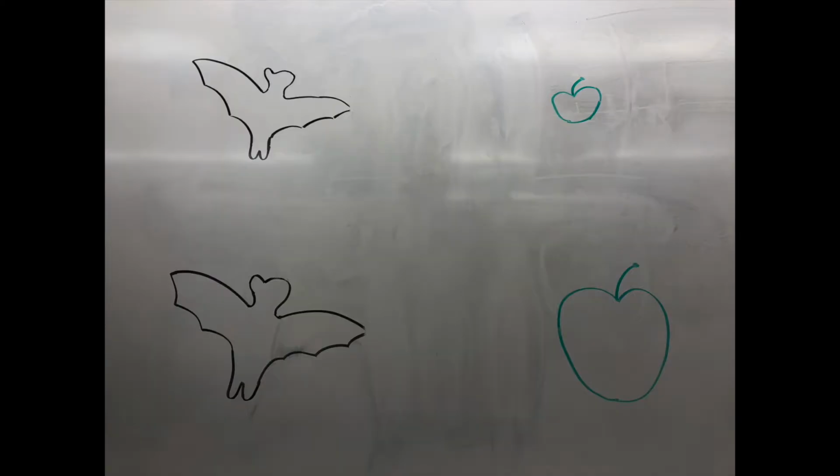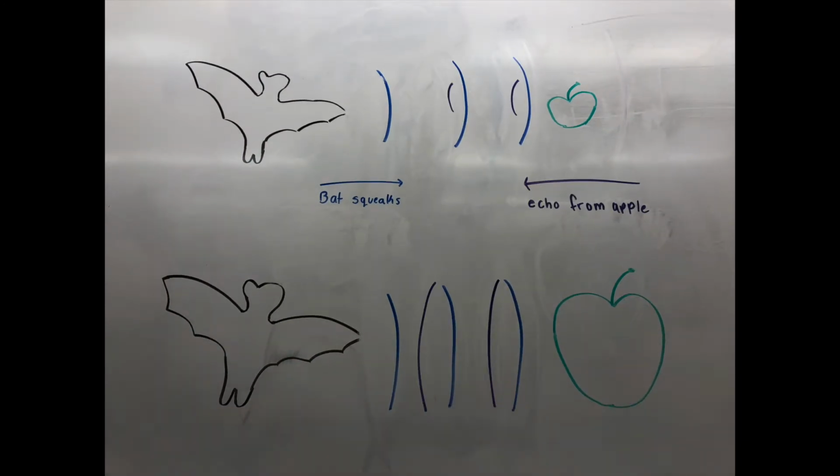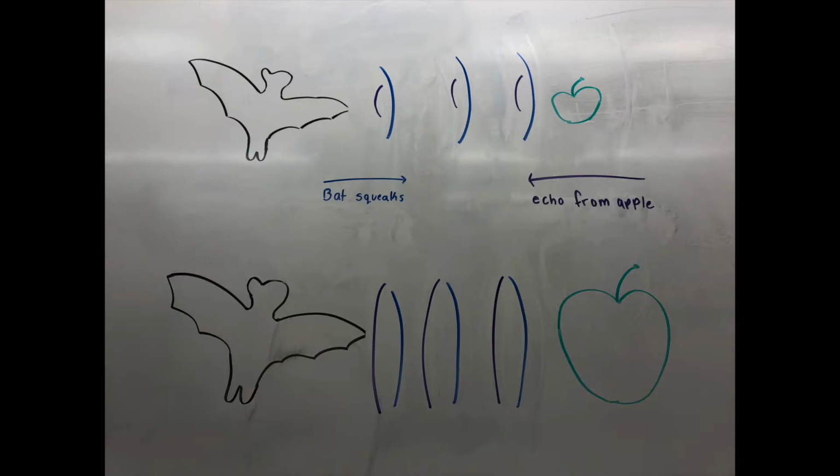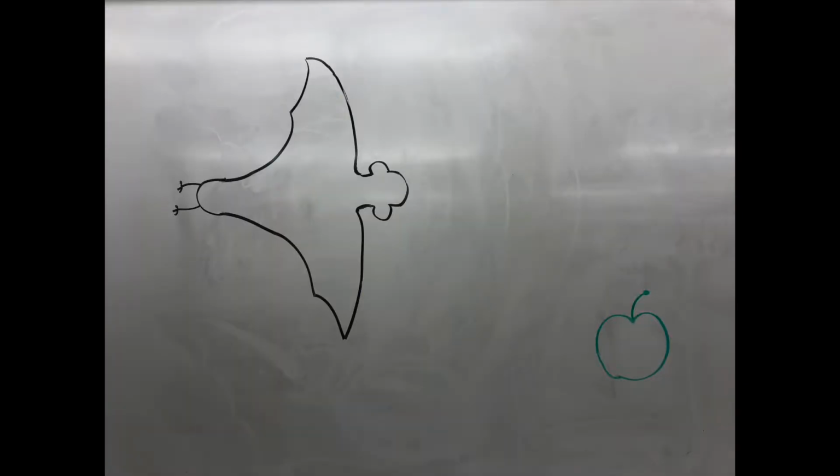Now there are two apples in front of the bat, one big and one small. The bat's sound travels through the air and the reflected waves become different sizes. The bat then knows which of the apples is small and which is big, depending on the size of the returning wave. The bat can understand one more thing about its surroundings, the side of the bat that the object